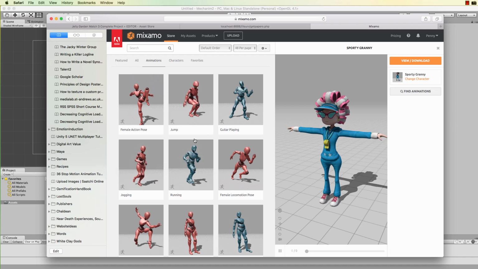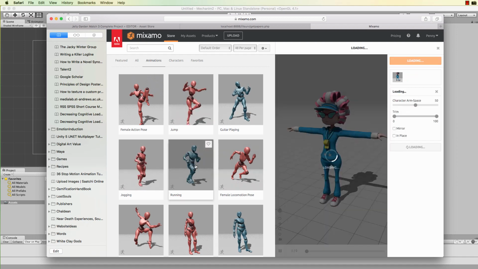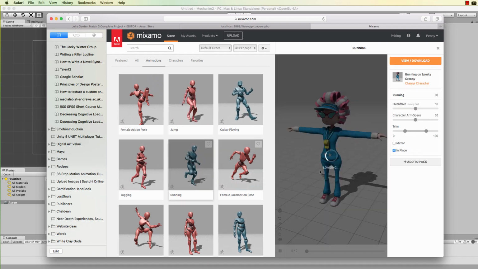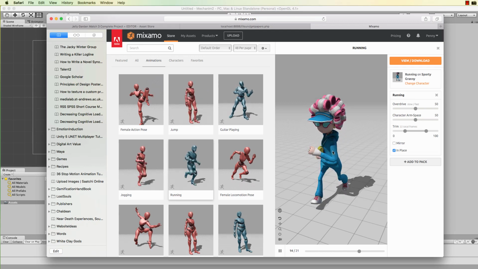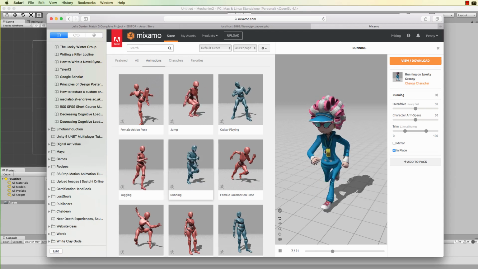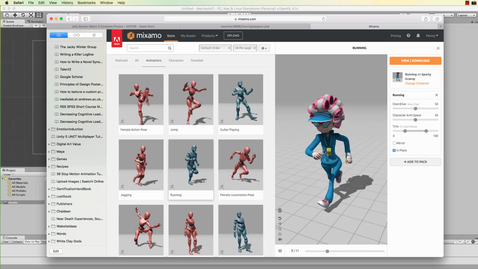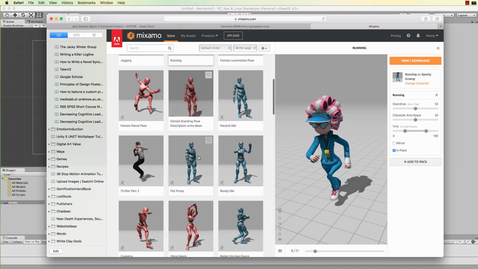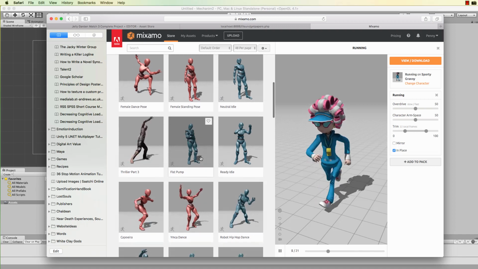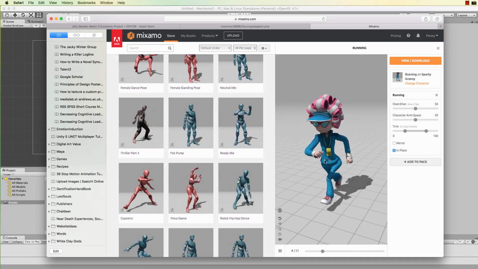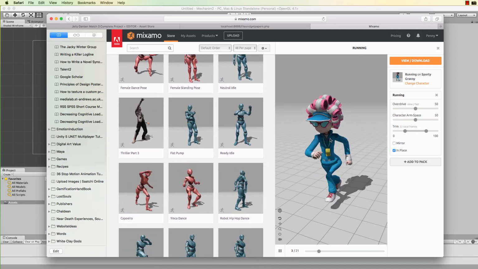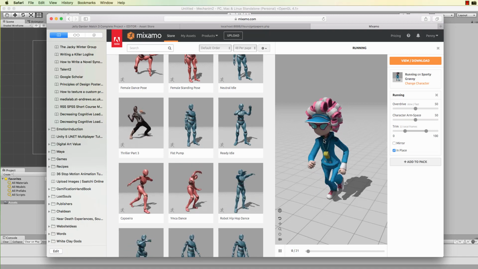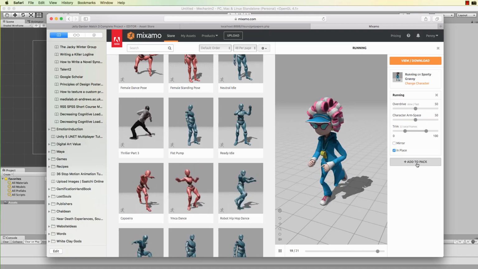If you wanted to make Sporty Granny run, we can select the run animation and it will add it onto the character, and you'll see it come up in this window. And then if you select another animation, it will add that on, but it won't remember this running. What you need to do to actually embed the running animation into your character for downloading is to select this